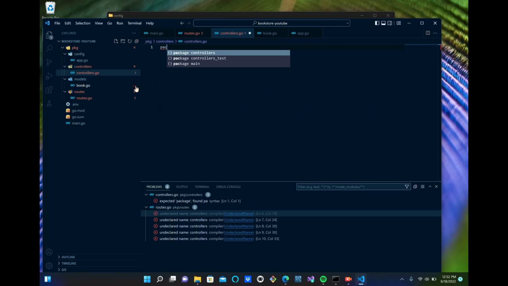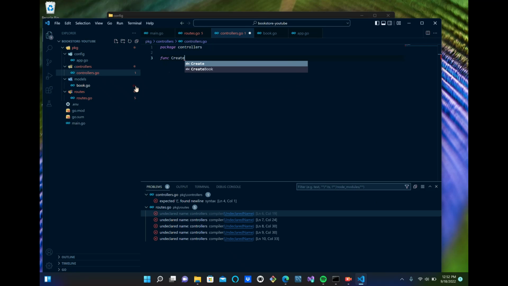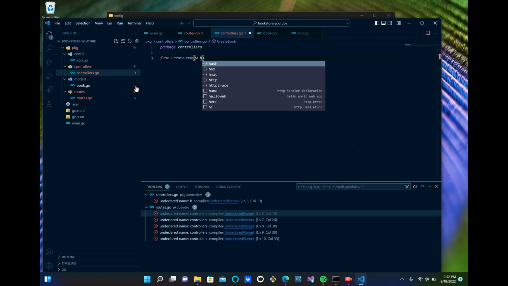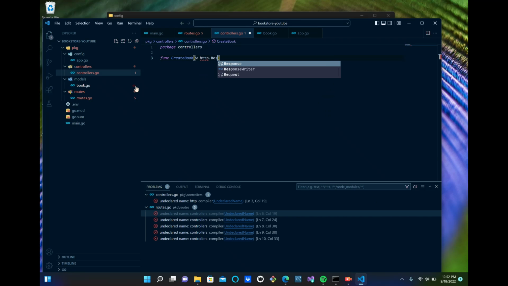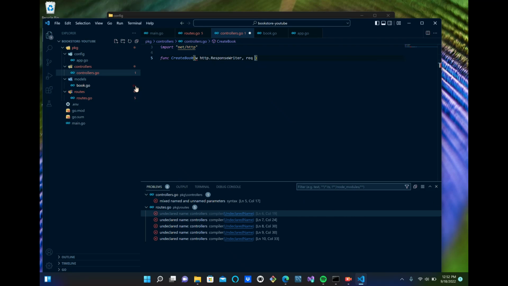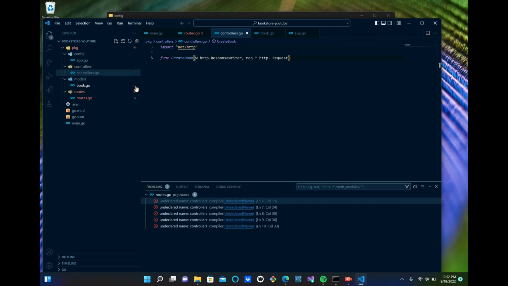Just say controllers.go, package controllers. Alright, so func CreateBook, and it takes in a writer of http.ResponseWriter, a request of type pointer to http.Request, and then